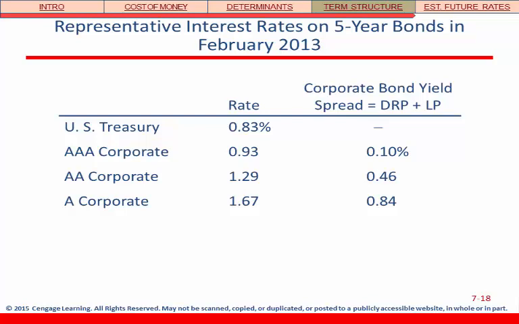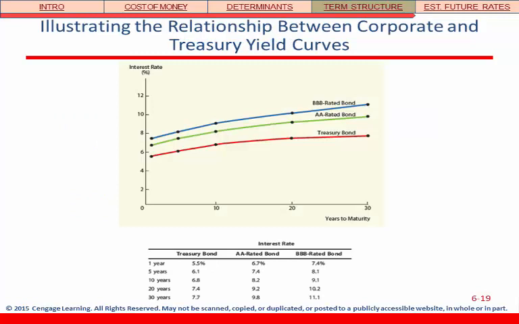In other words, you're adding risk here, right? And so you expect to get a higher return for doing so. For example, look at this graph here. It's going to show you the relationship between corporate and treasury yield curves. You definitely expect the government bonds to give you the lower rates, and then you look at the AA rated bond, and then you got these triple B rated bonds. So as you go down,